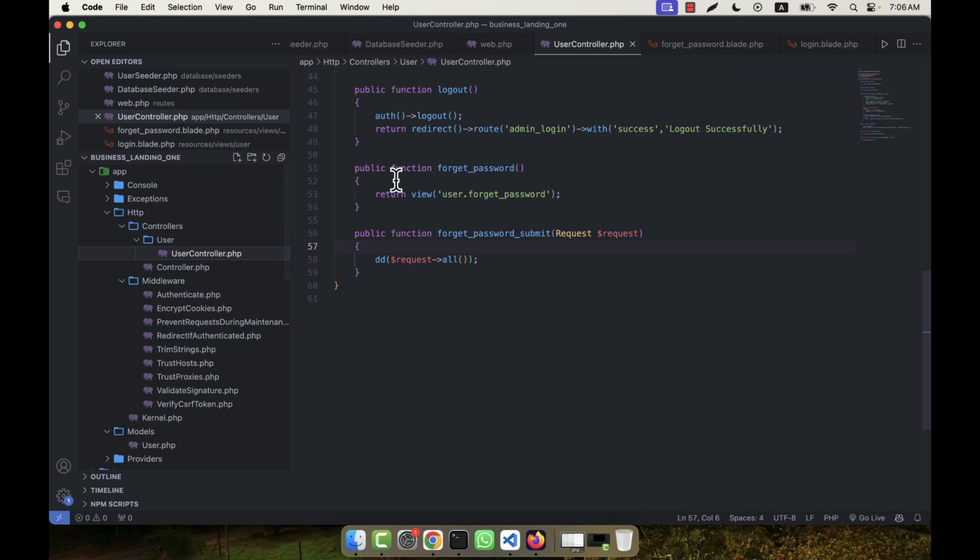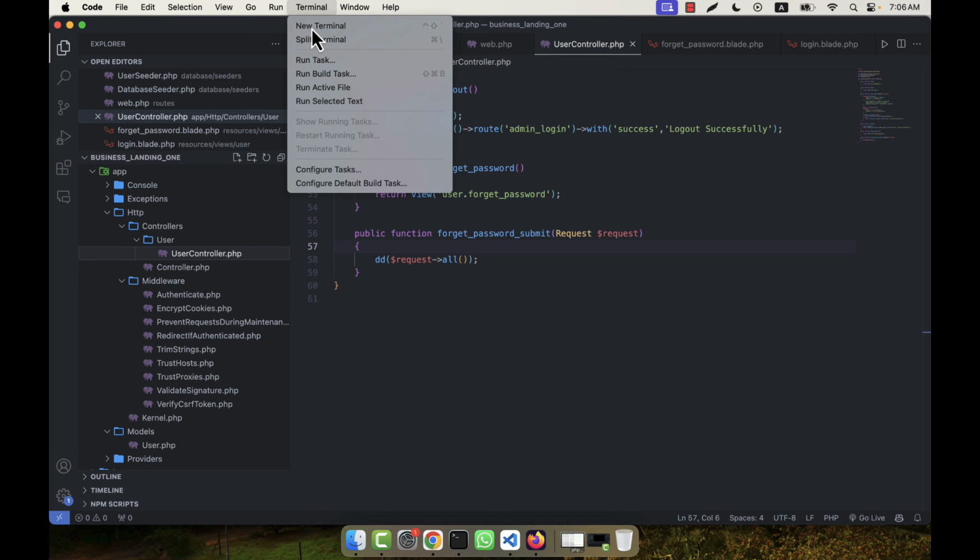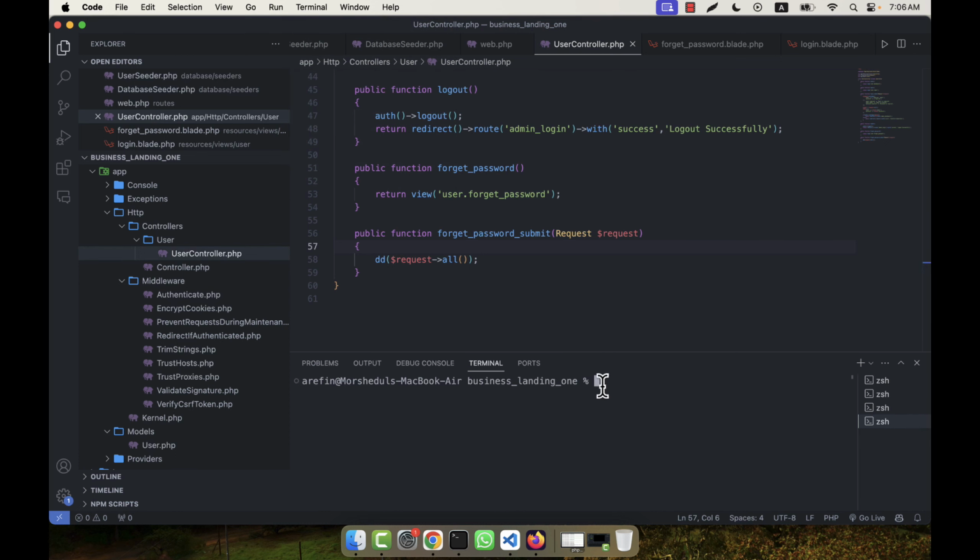But here one thing I am going to show you, that is I am going to set up an email system here. So I am going to my new terminal, and in order to work with the SMTP, in order to work with the email, because when I will go to use the forget password system, then an email will be sent to the user. So here what I will have to do, I will have to send an email to the user. User means here admin. So I will have to install a package here, that means php artisan make mail,